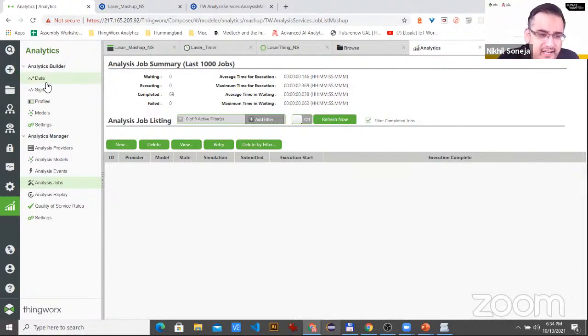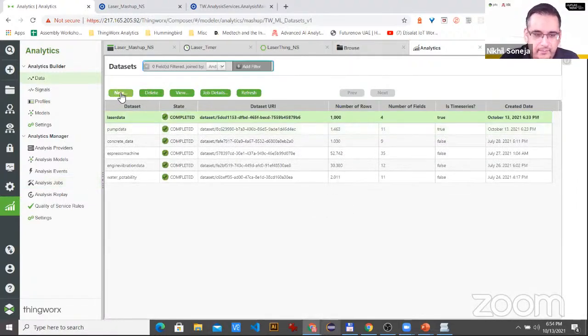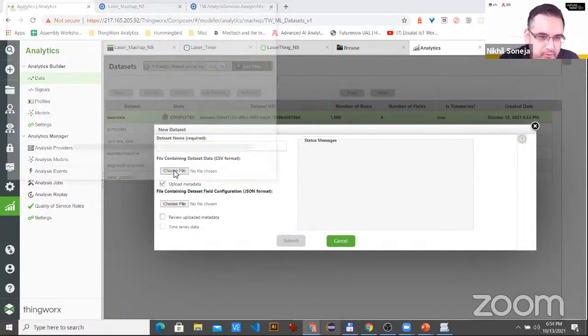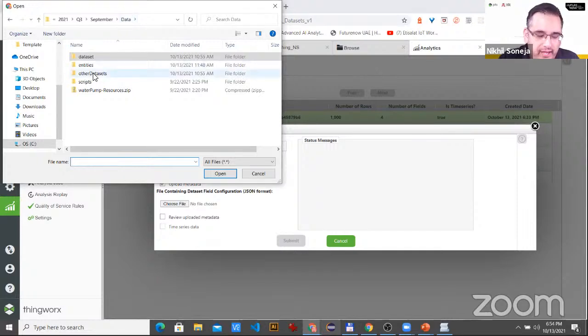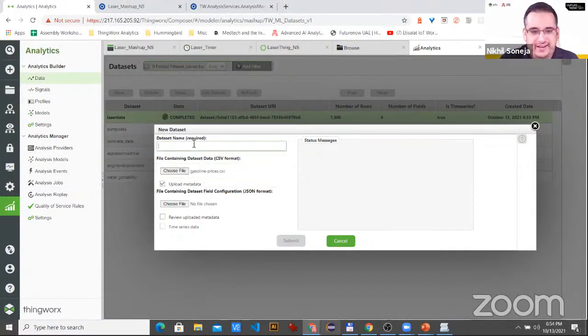The last thing I'm going to do is, you can of course play with this data, but I'm also going to upload some other data set. You can see there are some other data sets to play around with. Let me see which one I should show. I've shared all of these, so if you are interested, I'm going to share a gasoline prices data set, so you can play with that and build models for that.